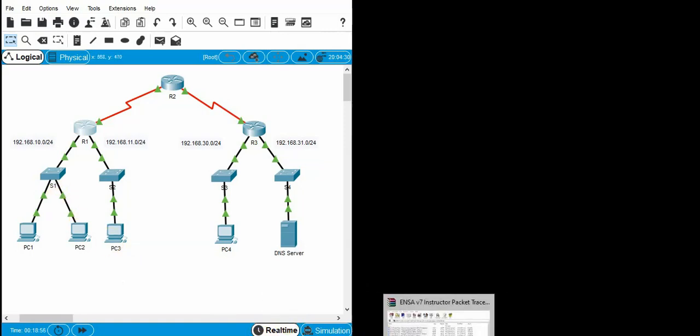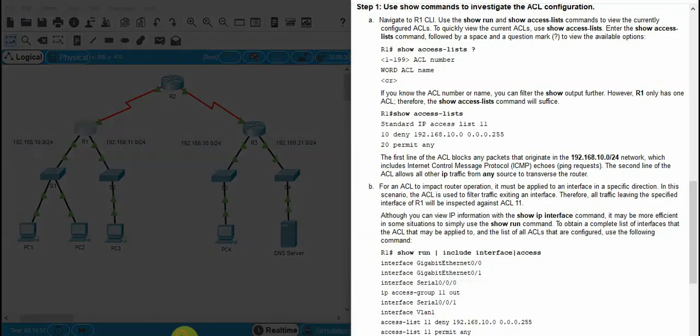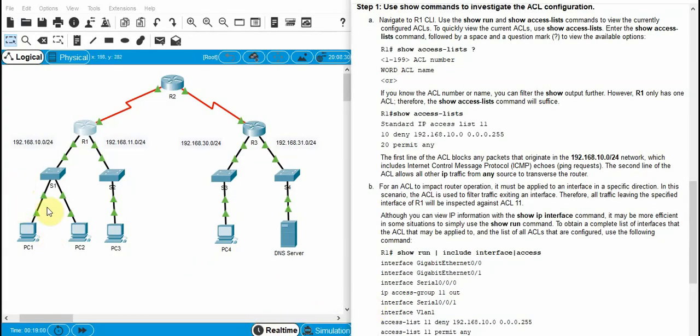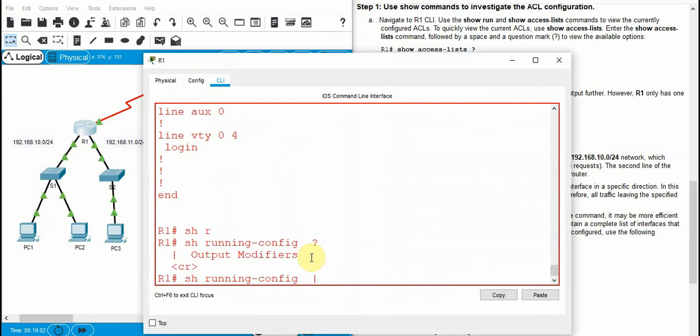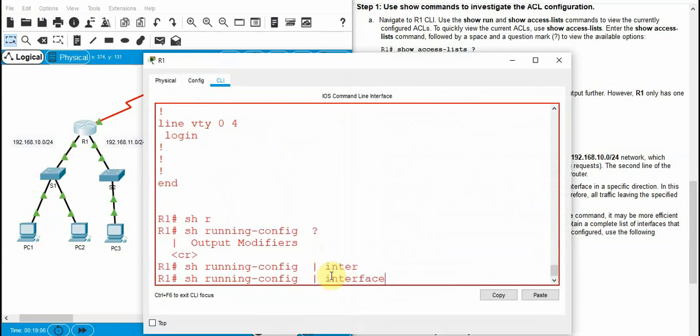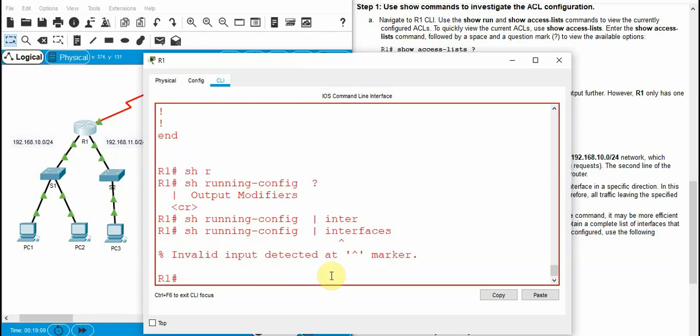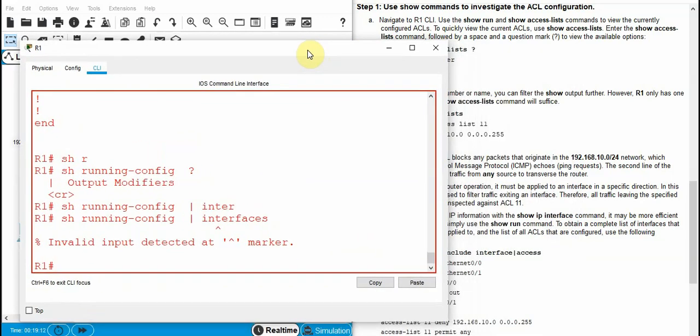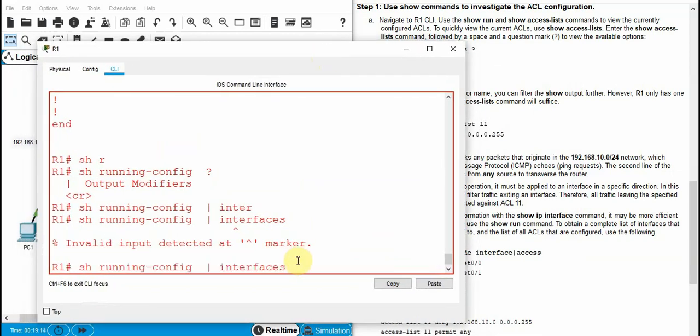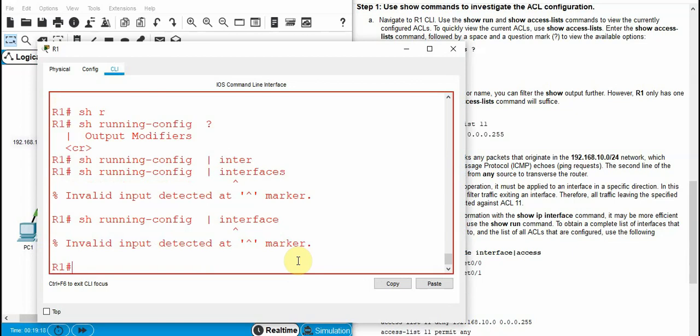Just a minute, I have to open the addressing. Okay, now router 1, interface. I believe I will try it again because Packet Tracer has some limitations, so that is the reason.